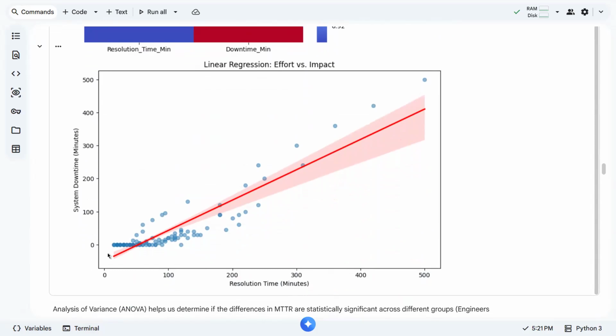Okay, so as you can see, the dots are very close most of the time to this red line, to our regression line. With that said, it will be safe for us to estimate whenever we have a certain resolution time. For example, our resolution time is 200. As you can see, at 200, we can expect that the downtime is just above 100 minutes. Although in the actual data set, it is only around 80. But at least we can have a safe assumption with the help of this regression line.